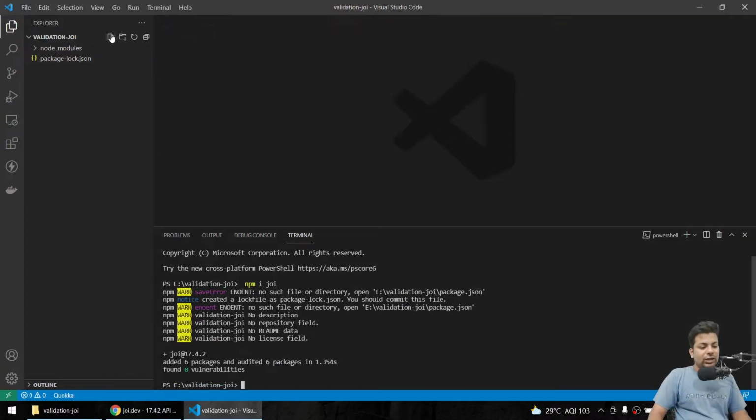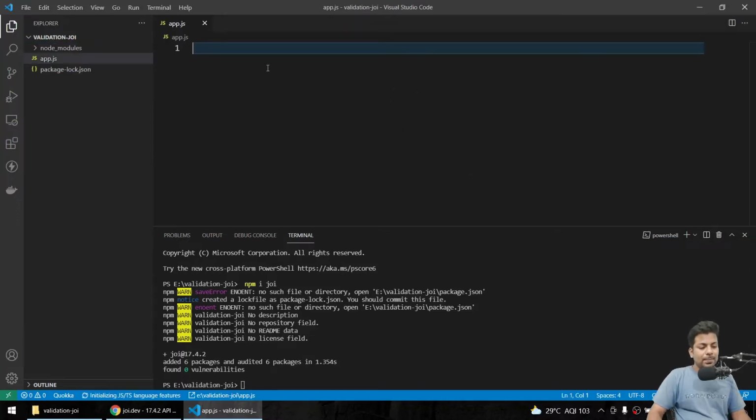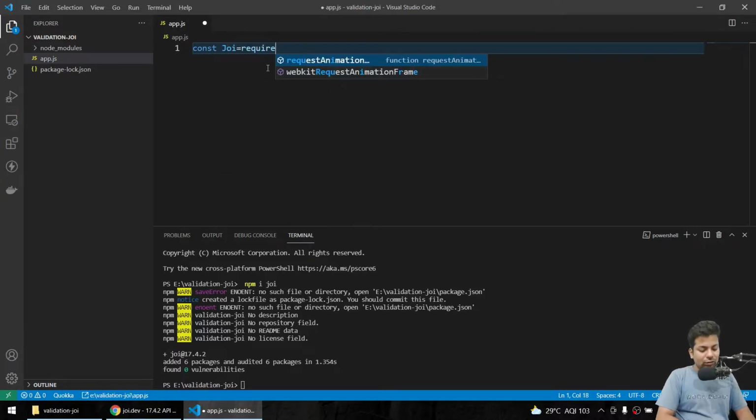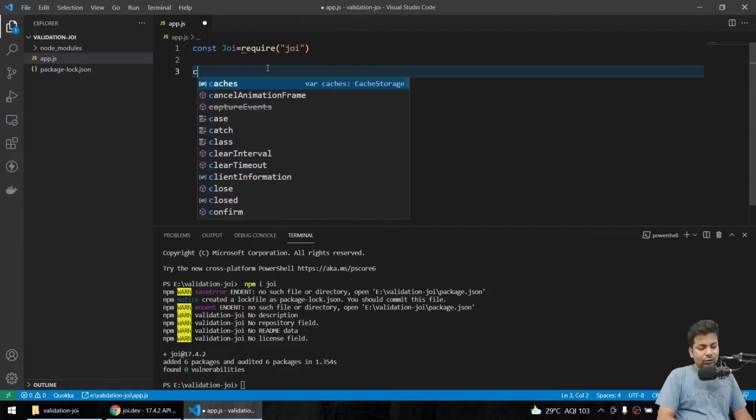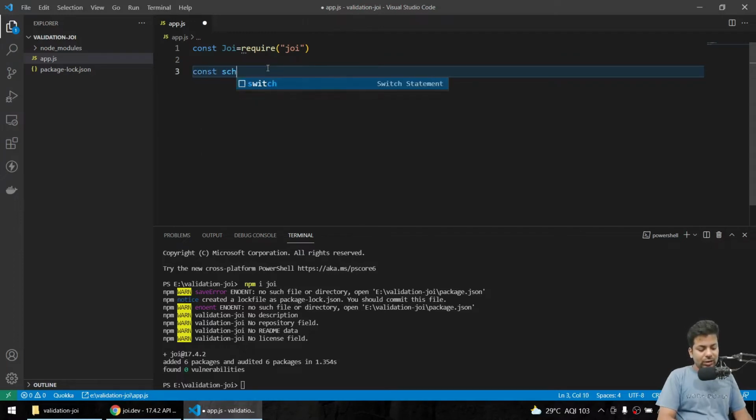Now we'll create a file called app.js or whatever you feel like. Here we'll say const Joi equals require Joi. First we require it. Now we have to describe the schema, the type of data we'll be receiving. So we'll say const schema equals Joi.object.